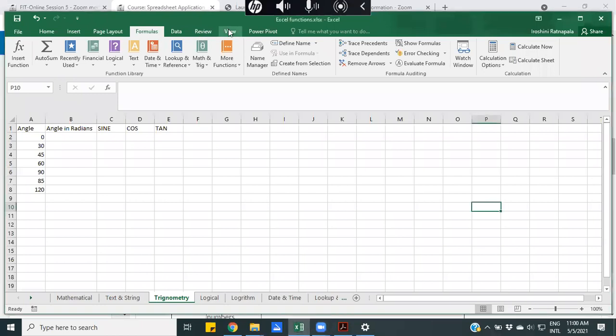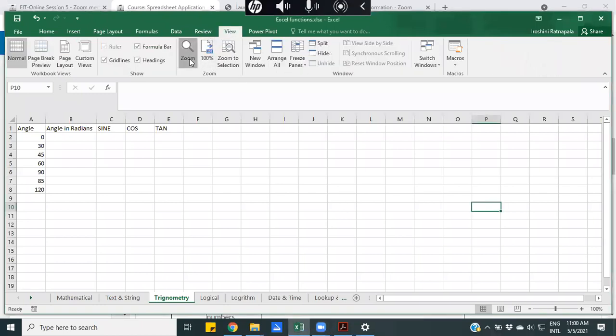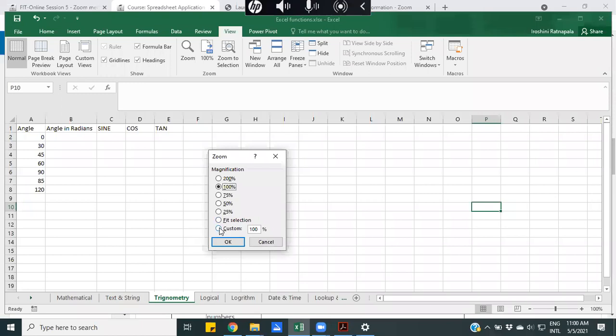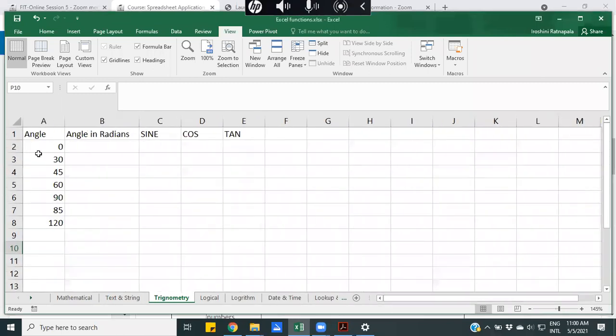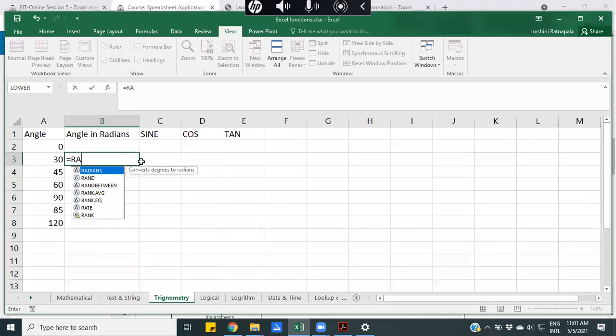Here, even though I could put it in two different cells, you can use the nested function, right? Let's say my angle is 30. To convert the angle to radians, we type RA to see the function. The function is named in the same word, radians.